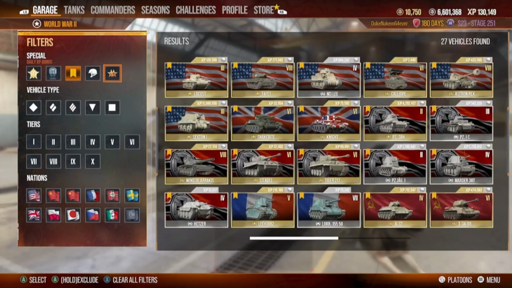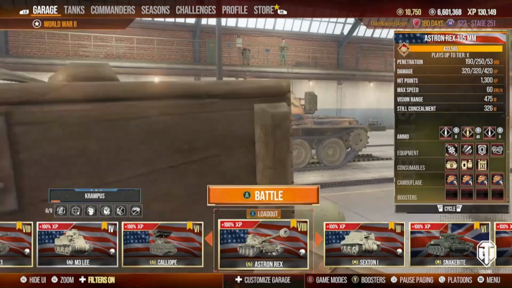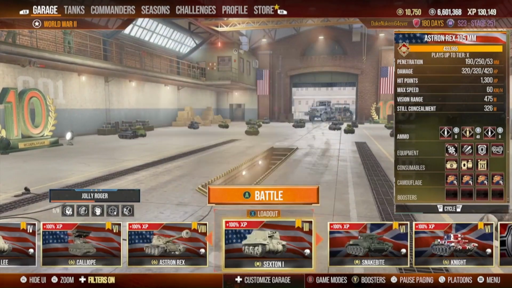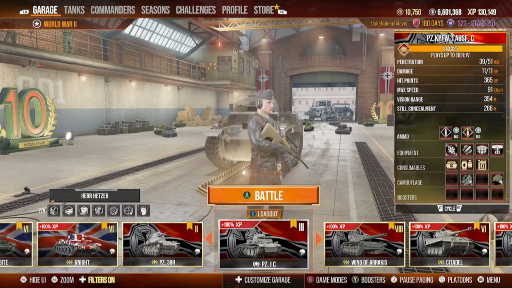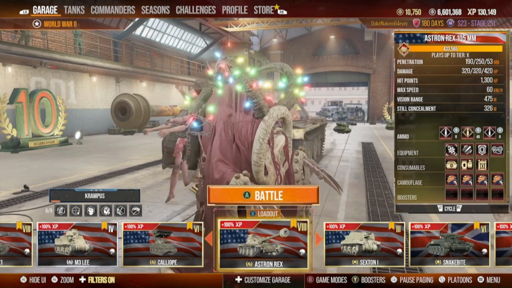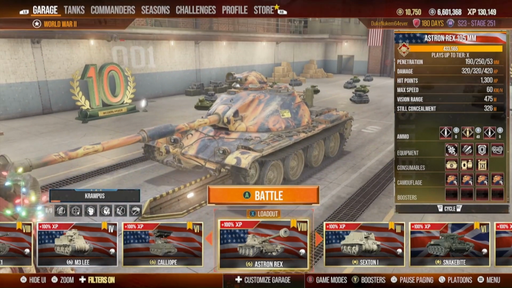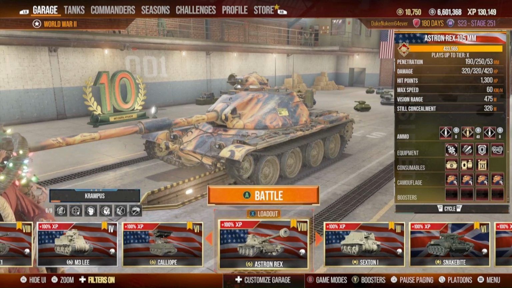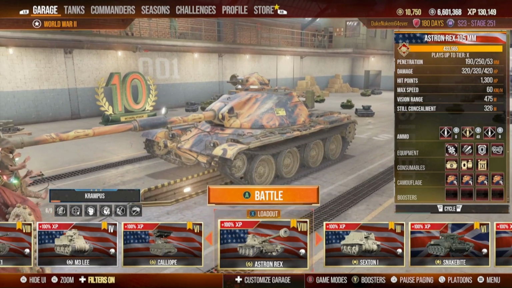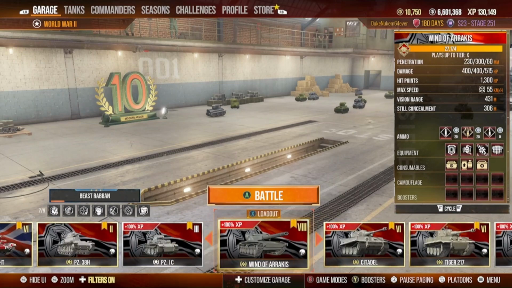So here, let's go back. This is the one I stole the commander skills from, the Astron Rex. Which is, I guess I'll mention this to you. This one is important. This is another 50% commander bonus tank. This is a tier 8 medium, but this tank is not free. And if you don't have it,